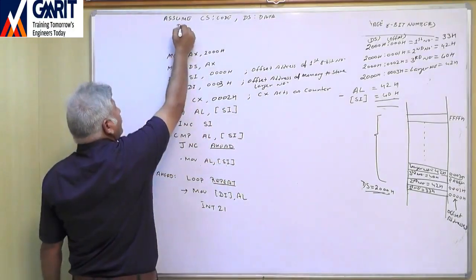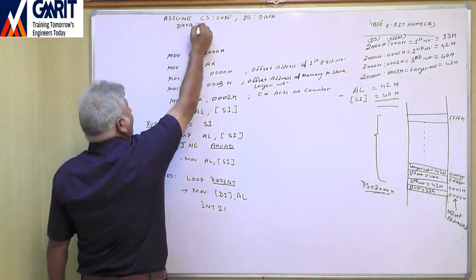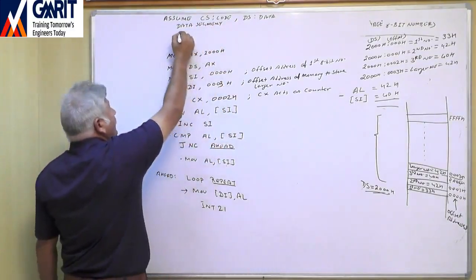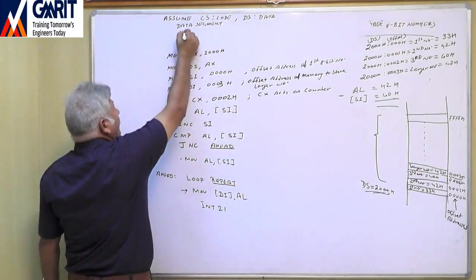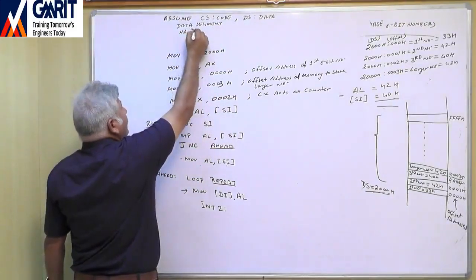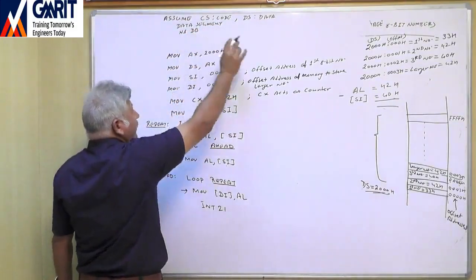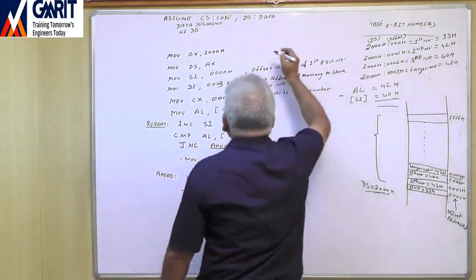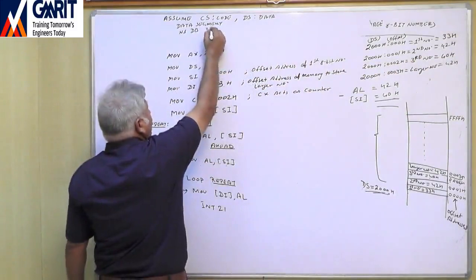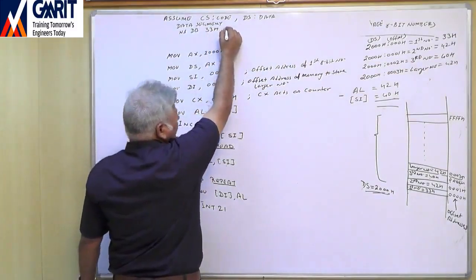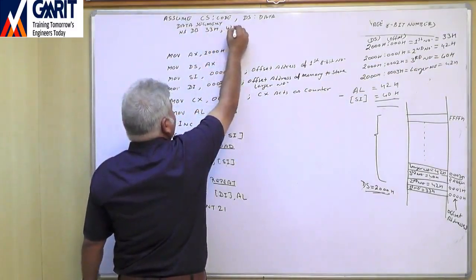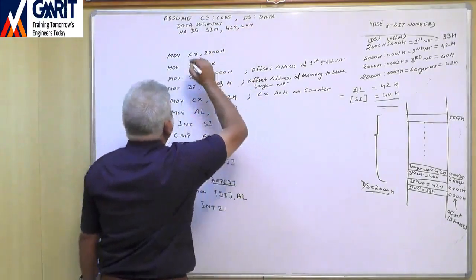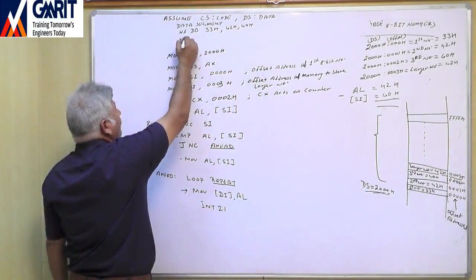Then data segment, right? Then N1 DB, and our numbers are, suppose these are the numbers 33H, 42H, 40H, right? Then for the result, I will use N2,